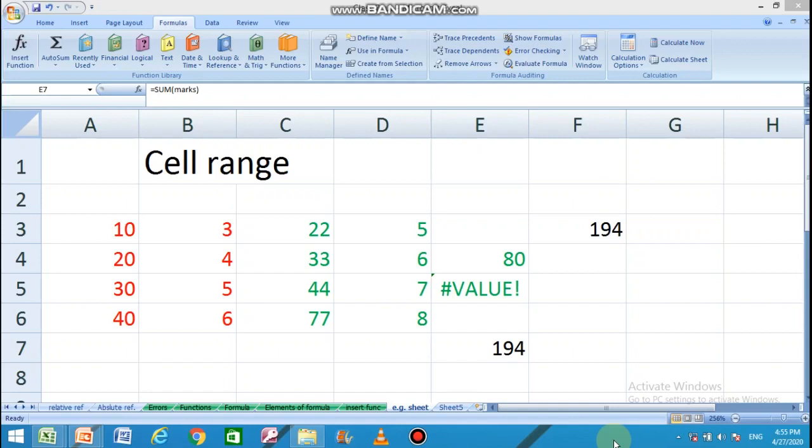The range name must not be same as a cell address. Means you cannot name a range like A4, B5, C6, etc. You have to give a proper name that should start either with a letter or an underscore or backslash. I hope you have understood the cell range now.